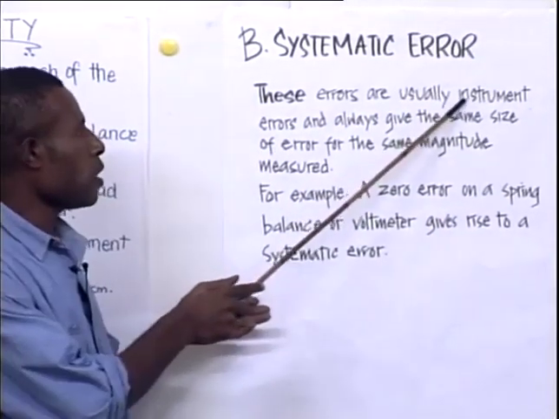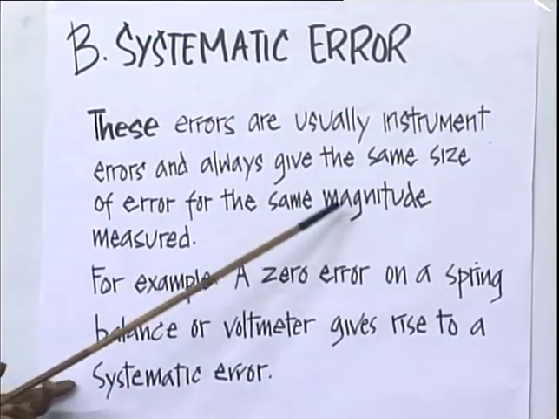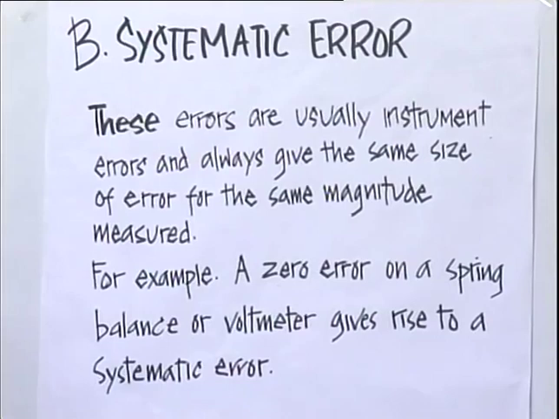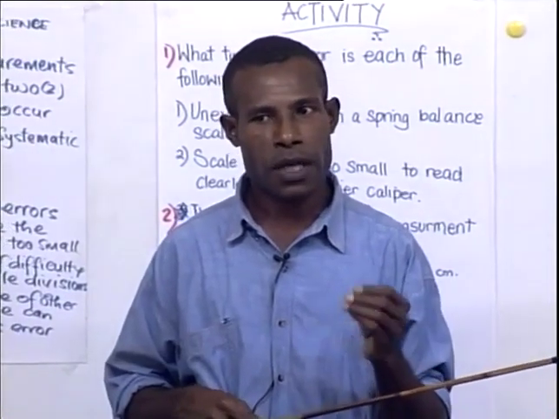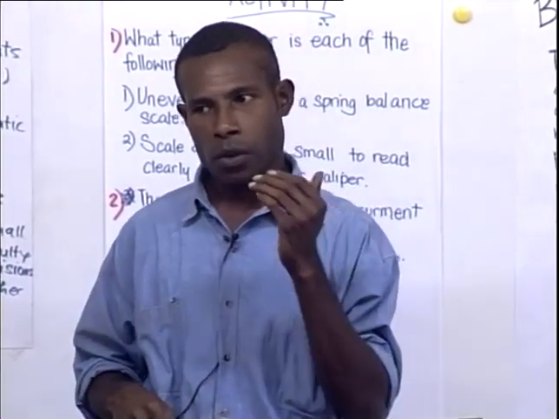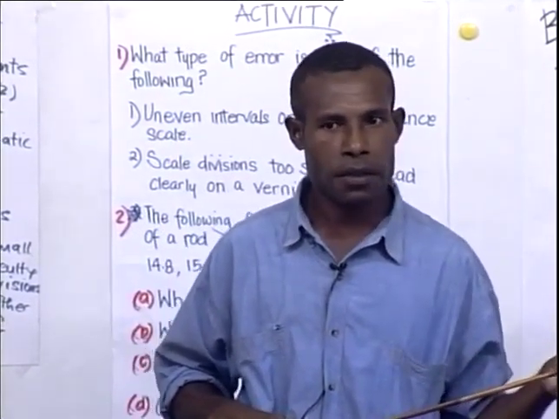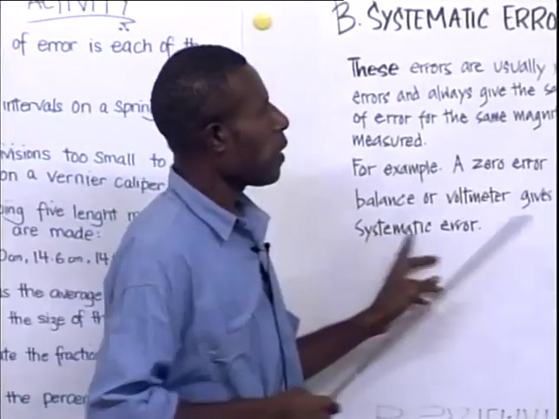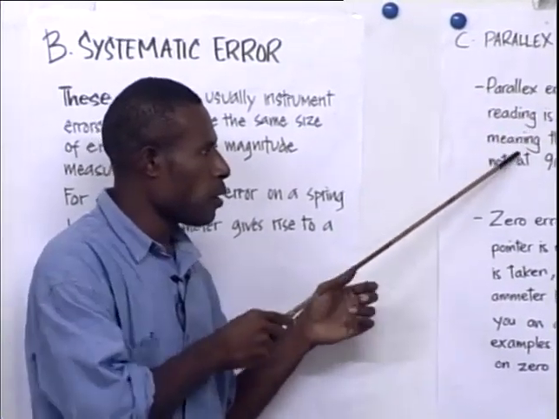These errors are usually instrumental errors, or they always give the same size of error for the same magnitude that is measured. For example, you may have a pointer, let's say of an ammeter, that is at or above 0 when you started the ammeter reading. So that means the number that is above that 0 will be included in the measurement, and it will give you the same magnitude. Looking at these errors, the parallax and also the zero errors,